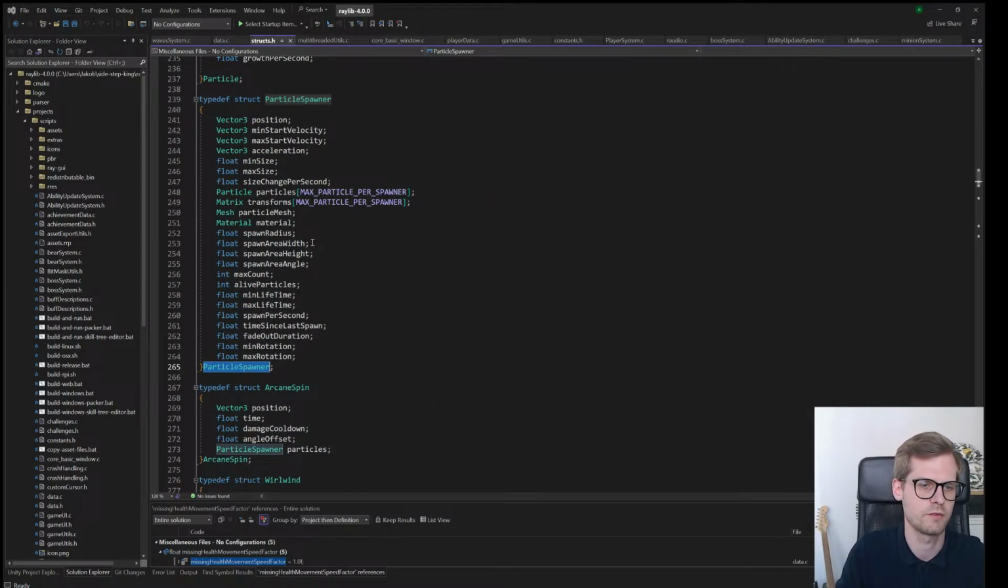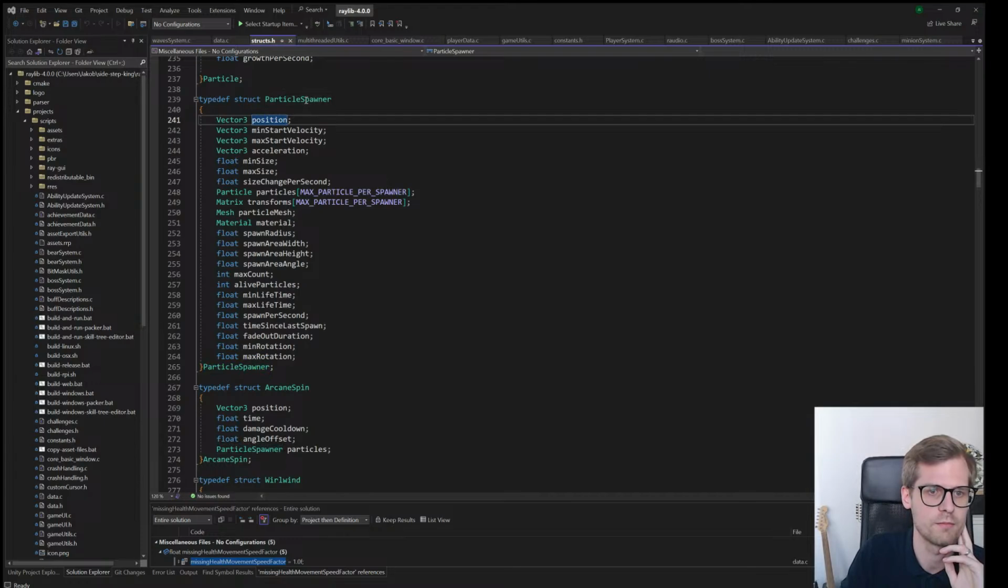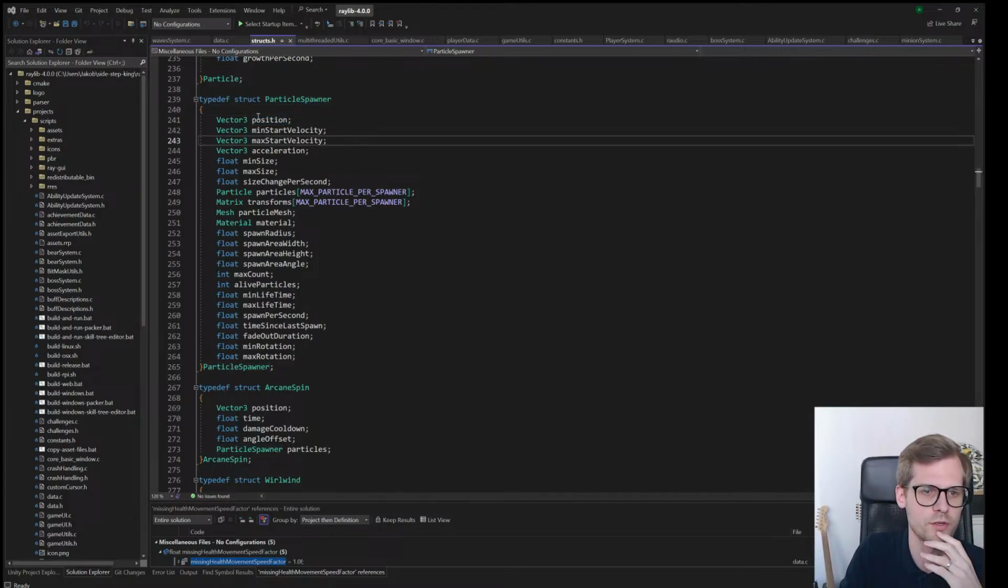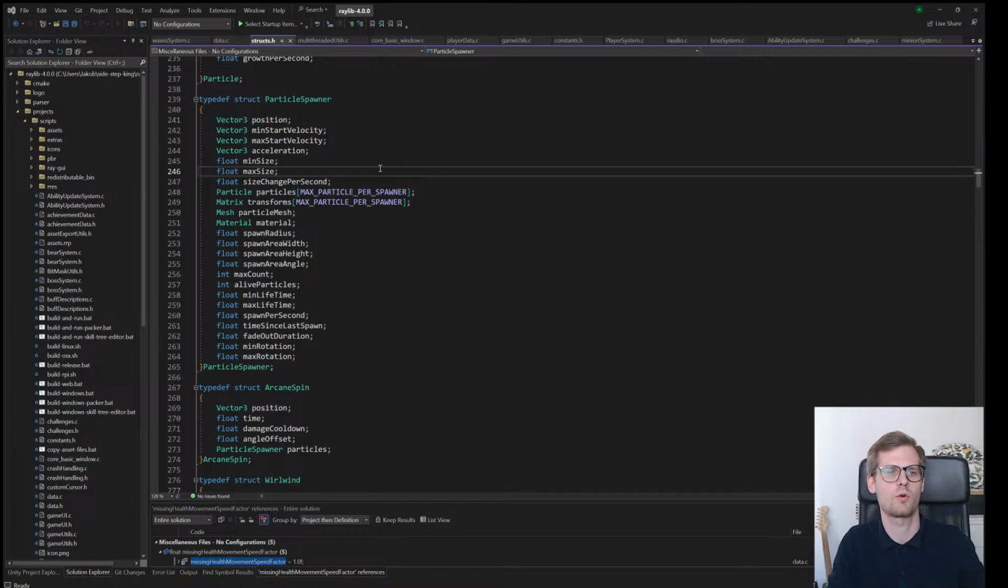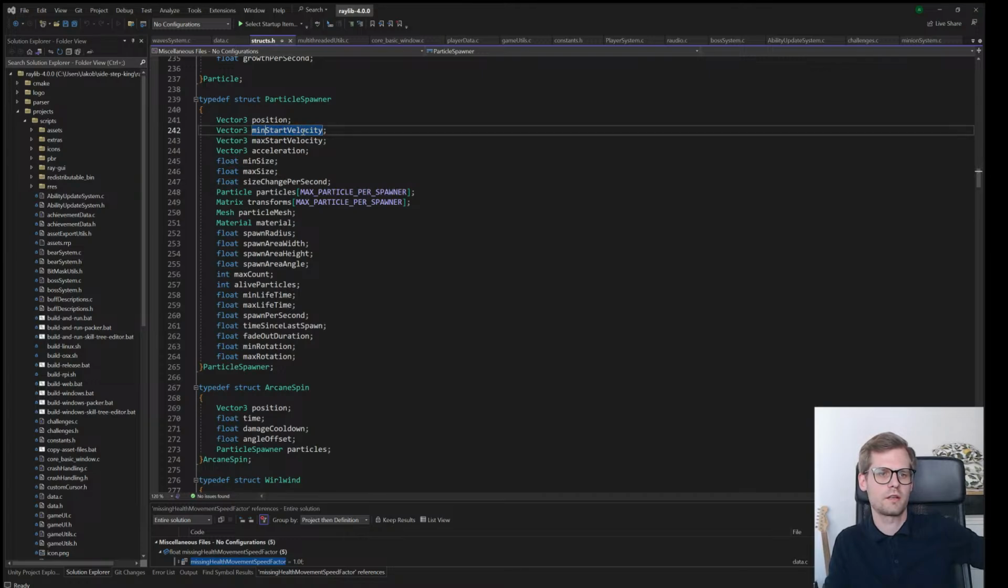And I just made a quite simple, straightforward one. Have this particle spawn destruct, which is, yeah, exactly as it sounds. It's a particle spawner. So you have a position in the world where it's gonna spawn its particles from, and then you can set a min and max start velocity, an acceleration. That's gonna affect the speed of the particles, and the min and max size for the particles, and a bunch